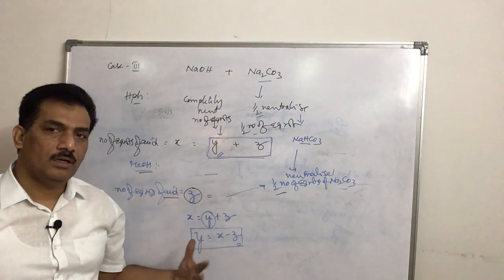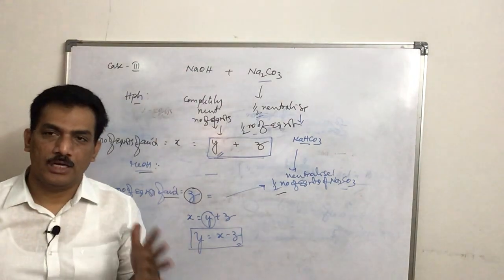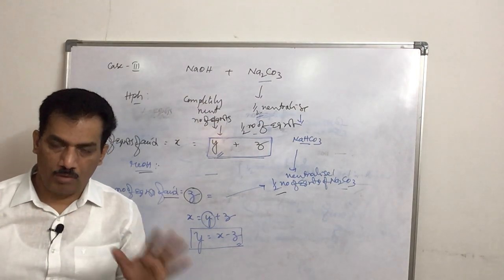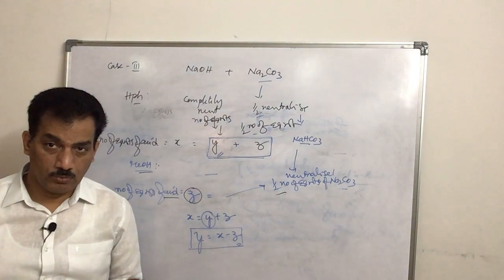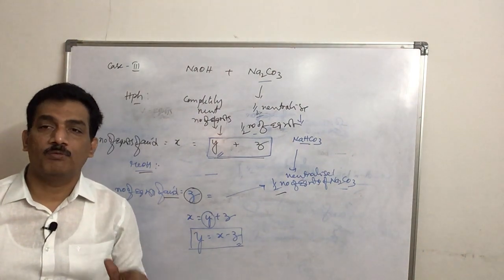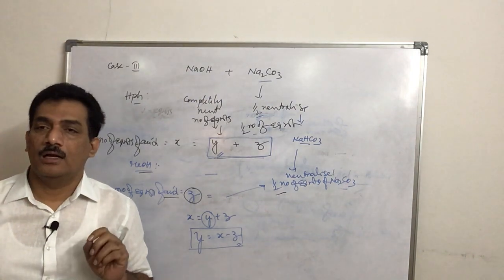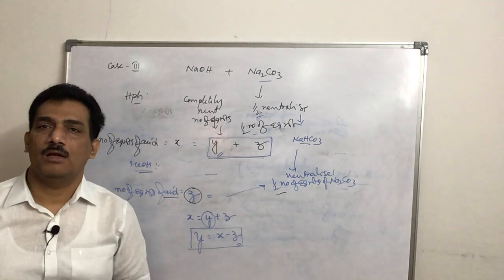Like that, in the presence of phenolphthalein, NaOH is completely neutralized, Na2CO3 is half neutralized, and there is no neutralization of NaHCO3. And in the presence of methyl orange, NaOH is not existing and Na2CO3 is also not existing. Only in the presence of methyl orange,